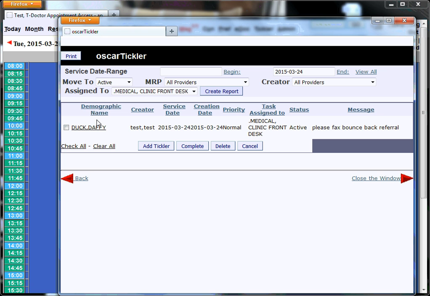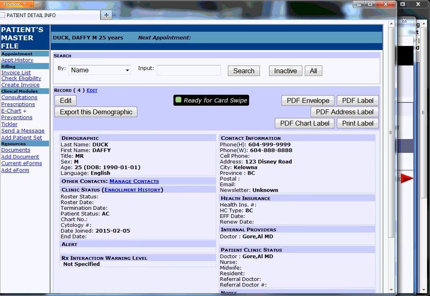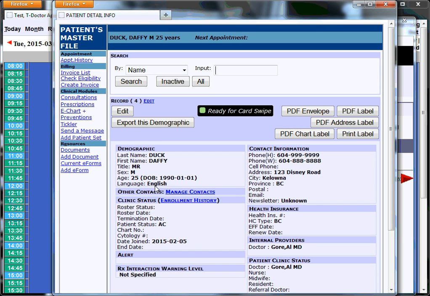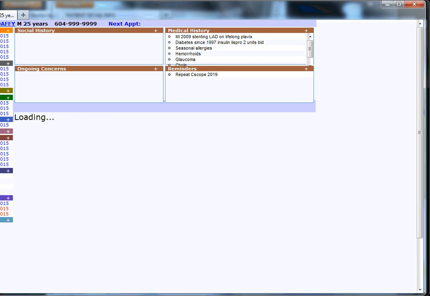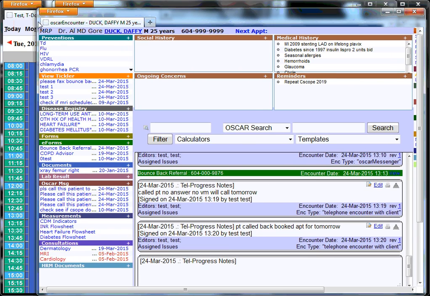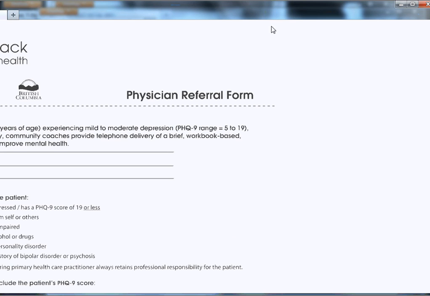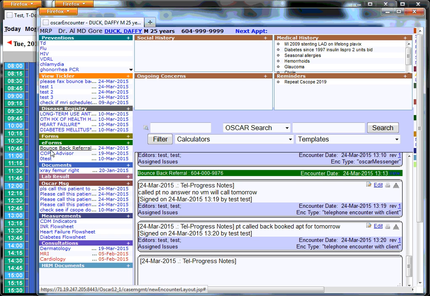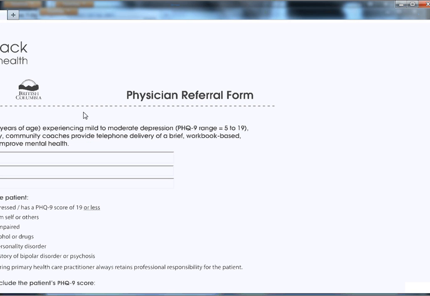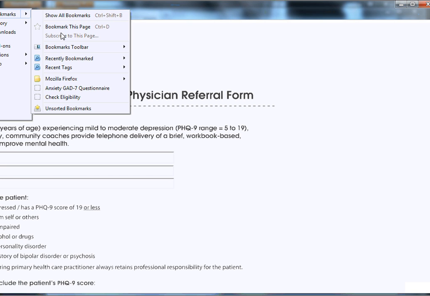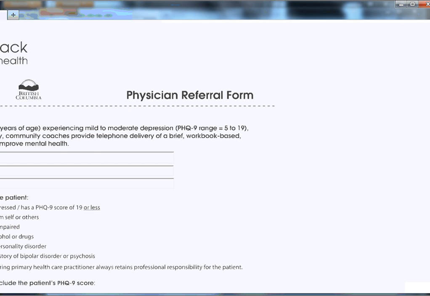If we look at this other tickler here, which is somebody asking to fax a referral, what I would do is I would go into the e-chart. This is another common thing that's asked for the front desk to do. Very straightforward. So again, fax, bounce back, referral. I would just click on this e-form here just to go back. The e-forms are found here under the green area, and then you can see the one dated today. It's called bounce back referral. I open this referral,